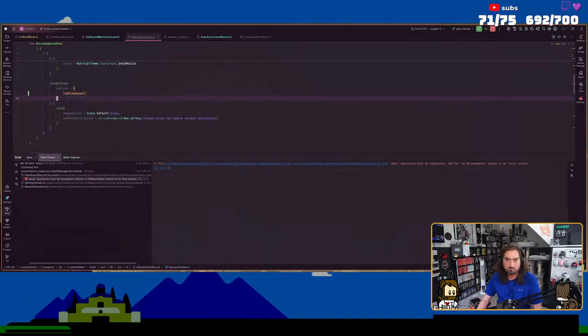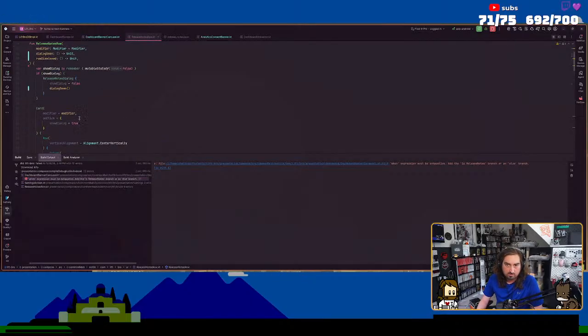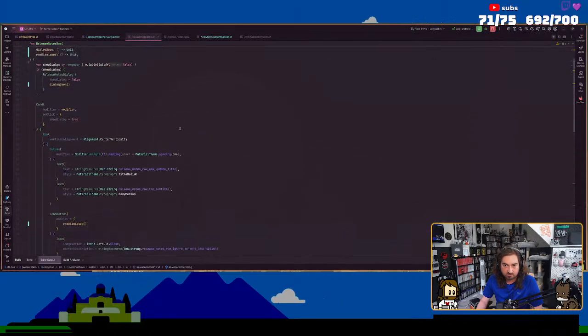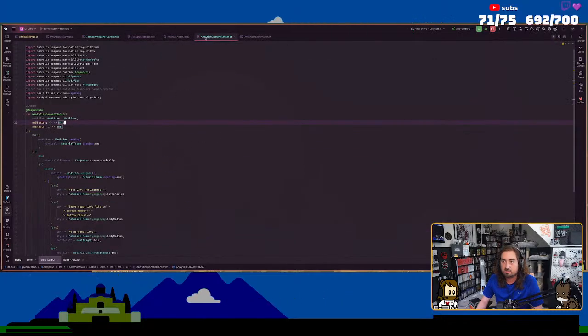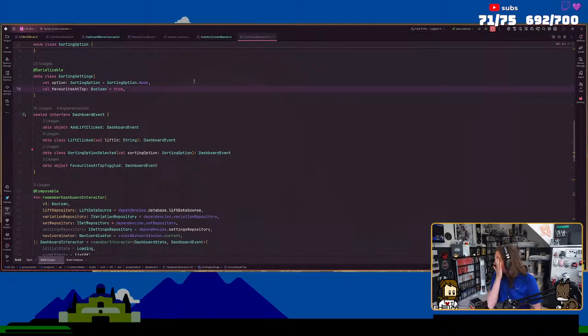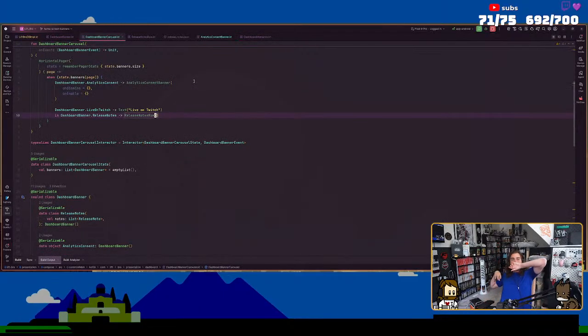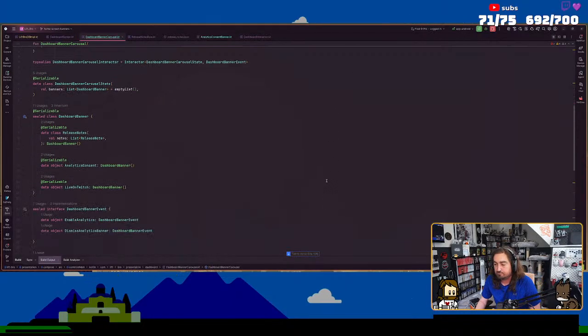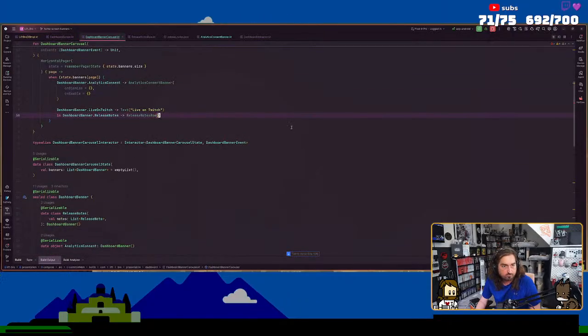Row dismiss, and then we get rid of that. Show dialogue false, show dialogue false. That should all be good. I'm just going to keep the dialogue the same because it doesn't actually matter. We're going to keep going. All right.